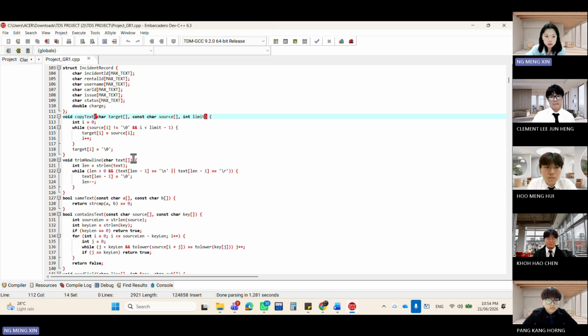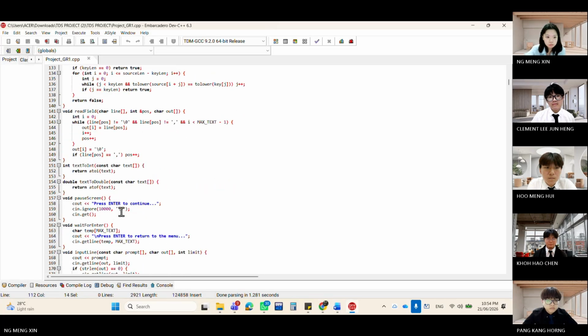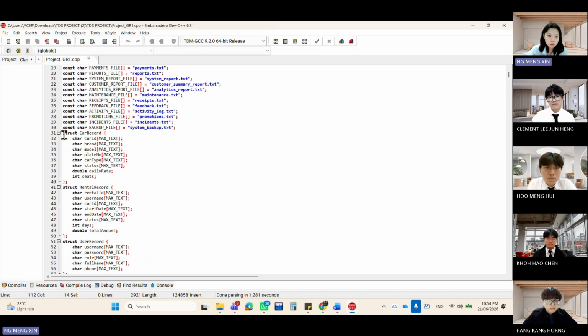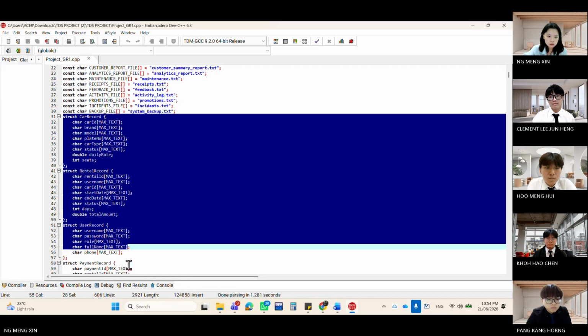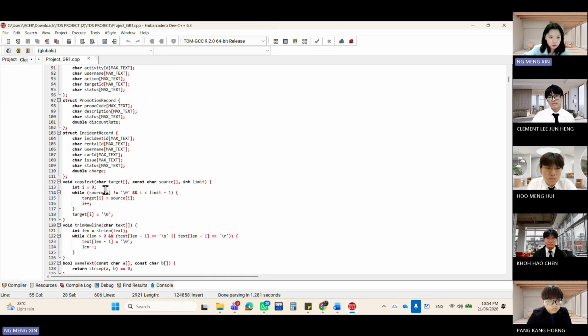Input password is used to hide the password by showing asterisks when the user types. So the second one is structure. So it's from here to here.